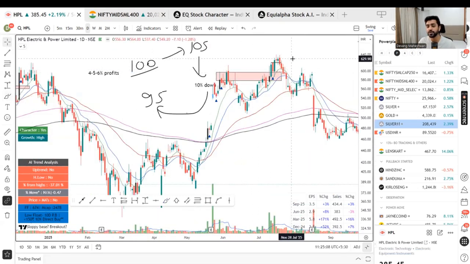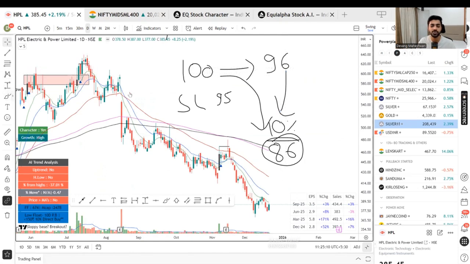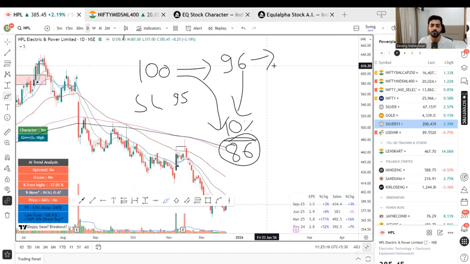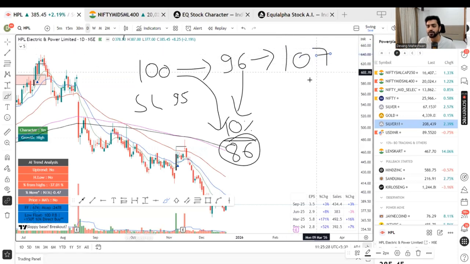Now there can be a different thing also, that you closed at 96 because you did not have profit and the next day the stock gapped up by 10%. So now you exited at a 4% loss, but if you would have held the stock on the earnings, it would have been at 107 rupees, 108 rupees. But you don't see the future. You don't know whether it will come good or bad.